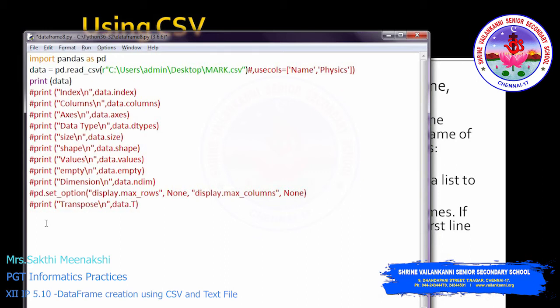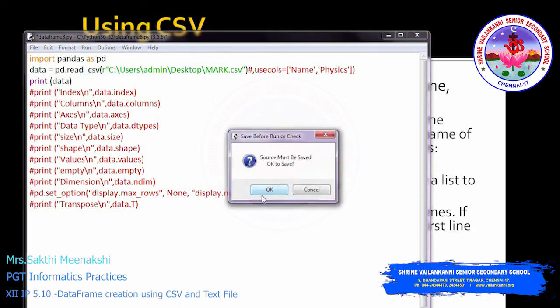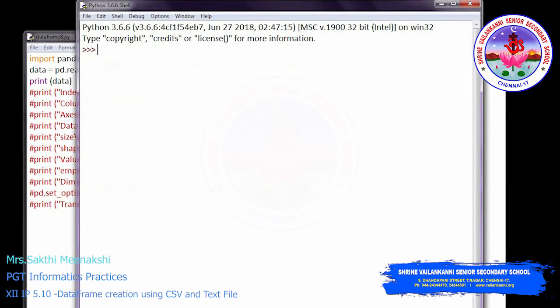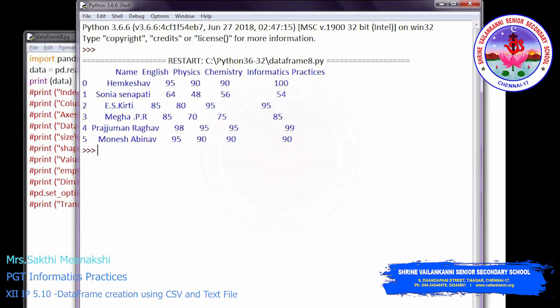Forget about all these lines, we will explain all these things later. So only 3 lines: importing, reading from the CSV file, and displaying the data. Okay, so let's run this. Right, so all your file is read and it is created as a data frame. The first line is considered as the column names here, and then all the lines are read, and the automatic index is created here, right? So it's very simple to create a data frame from CSV files.